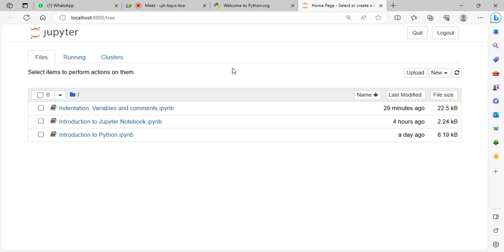Is it clear? Yes, sir. Okay, so we have seen downloading and installing of Python and installation of Jupyter notebook as well. Okay, clear? Okay, now in Jupyter notebook what you have to do is,